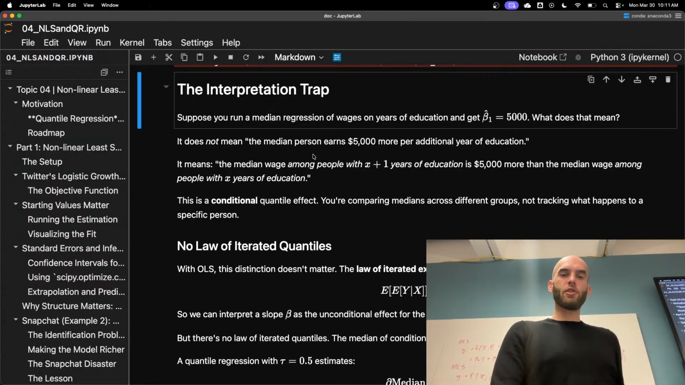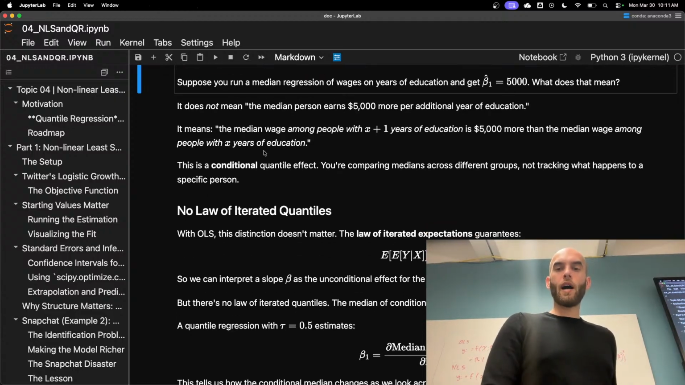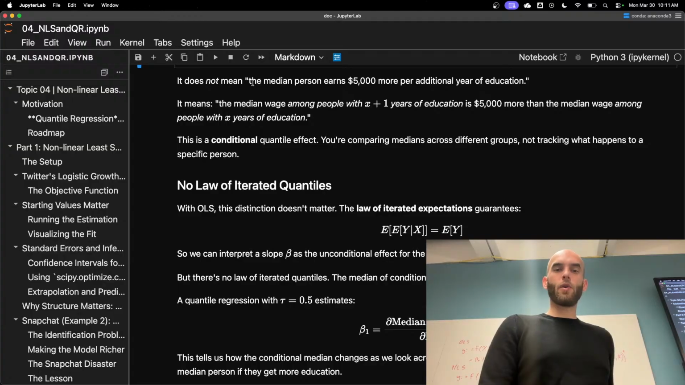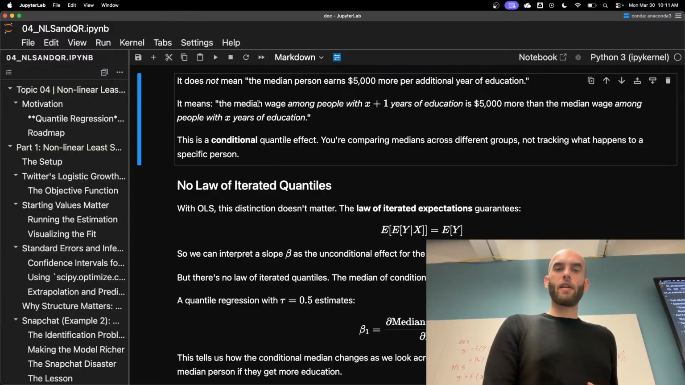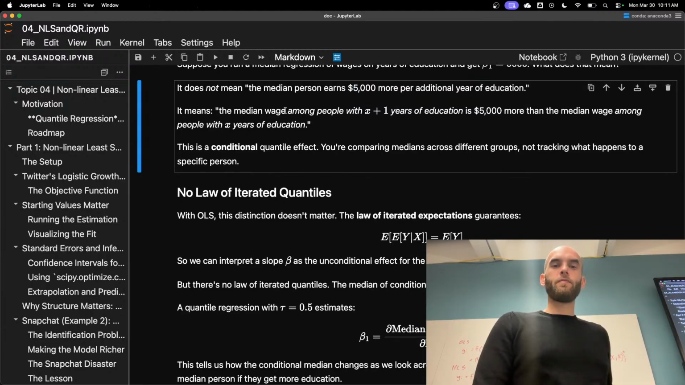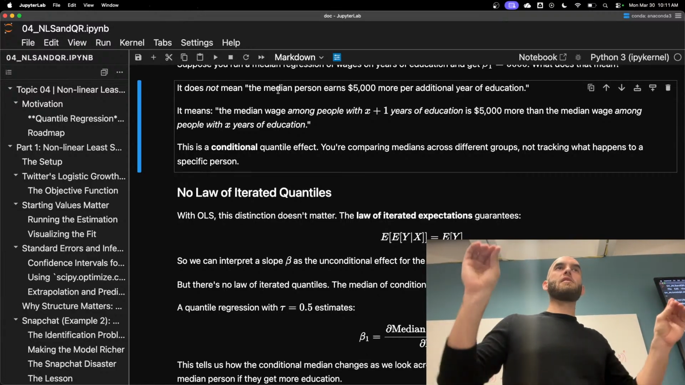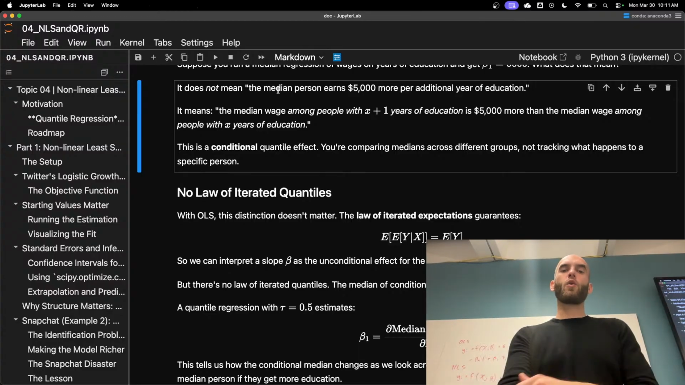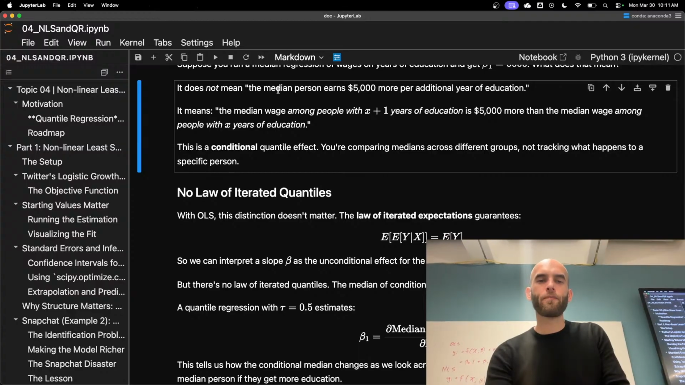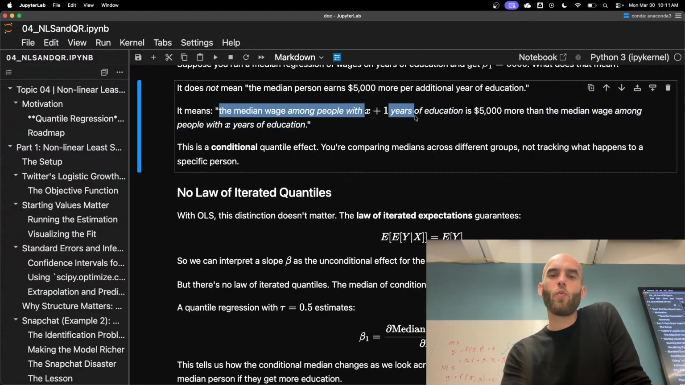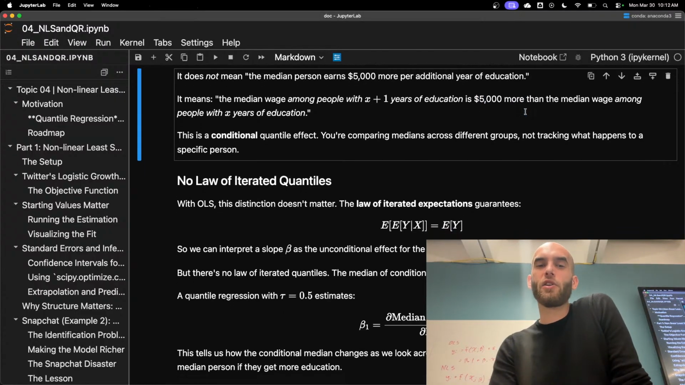Our standard interpretation is something like this. So with OLS, we would say sort of like this, right? Every one additional year of education gives us $5,000 more in earnings. That's what the beta 1 estimate is doing in OLS. With quantile regression, this is ever so slightly different. In this case, what the beta 1 estimate is saying is that the median wage among people with X plus 1 years of education is $5,000 more than the median wage among people with